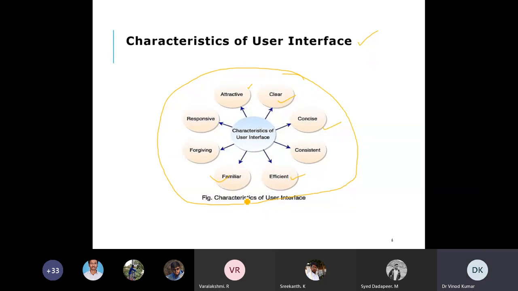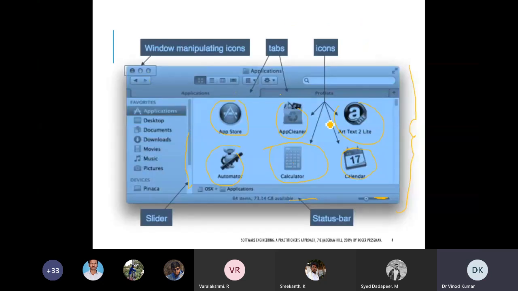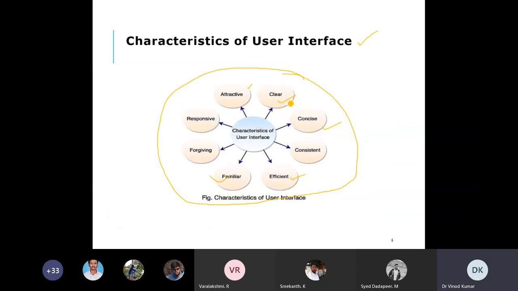Say for example, in the previous example, a file menu is there. If you are familiar with some systems, generally there is an edit menu in your MS Word or any other software. Inside it there will be different commands like cut, copy, paste. Because you are familiar with this environment, your expectation will be to find these different commands in this location.